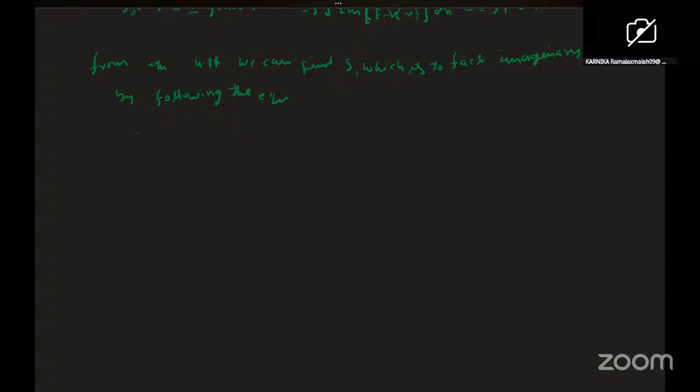So that is S1 dash is equal to i by 2 S naught double dash by S naught dash